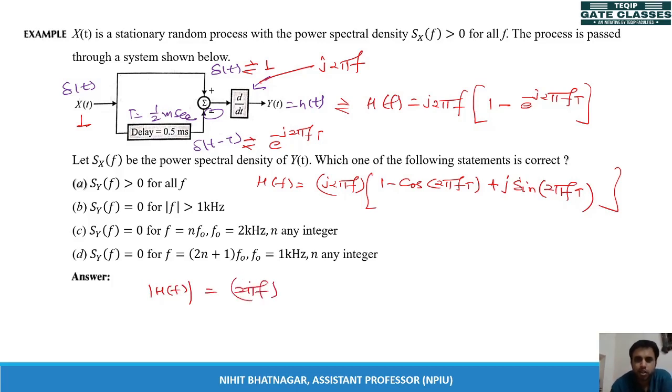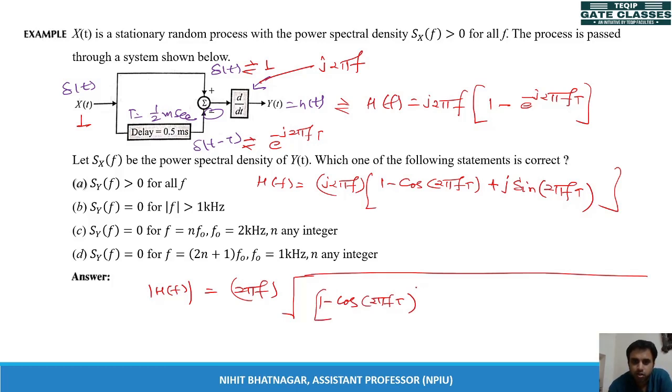Names become 1 minus cos pi t plus sine 2 pi ft. Okay. It becomes pi